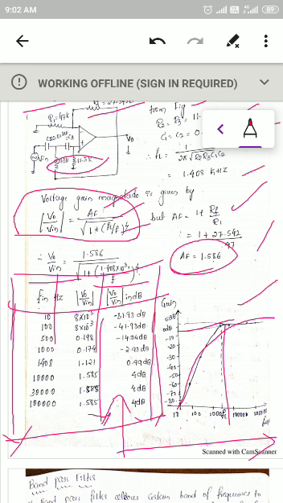For V0 by Vin you have to substitute the required values and calculate it. I have been telling you since the first video itself: if you just watch the video, you will not understand anything. Carefully watch the video first, then take a paper and practice it. The steps are very simple. Practice it once or twice and you will definitely understand.